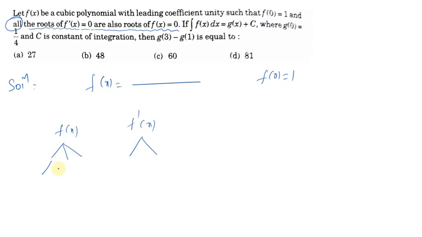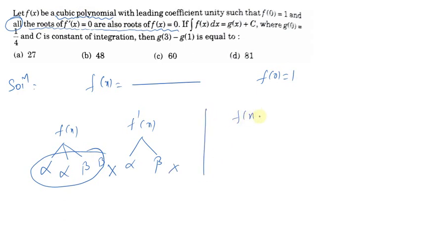For example, alpha is one root of f dash x and alpha is also a root of this. Now all the roots of f dash x equals 0 are also the roots of f of x equals 0. Let alpha and beta be the roots of this equation. Then what do we have to expect? Alpha will be a repeated root, and beta is a root of f dash x equals 0 and f of x equals 0, so you have to expect beta and beta, then automatically it will become a fourth degree polynomial. But we are expecting a cubic polynomial, so this case is not possible.